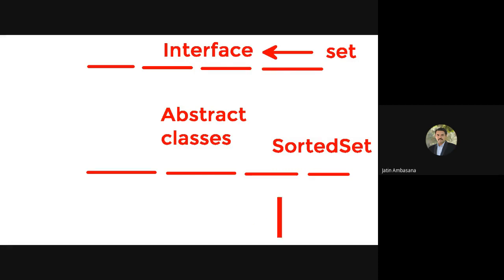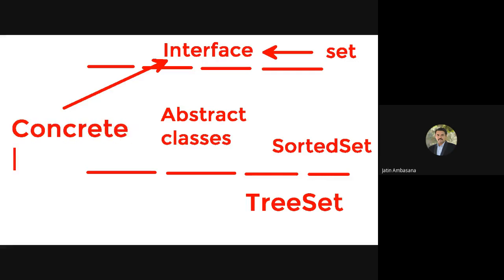And then comes directly the concrete class which we need to implement. In some hierarchies, what happened? Interfaces are there and directly the concrete classes are there. Or maybe interfaces are there and then there are some concrete classes and then there are some other concrete classes. Something like that would happen. Okay.